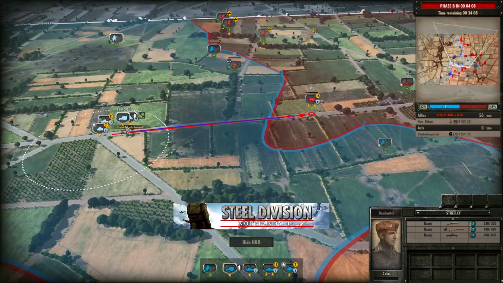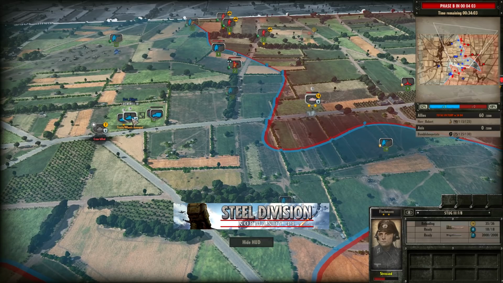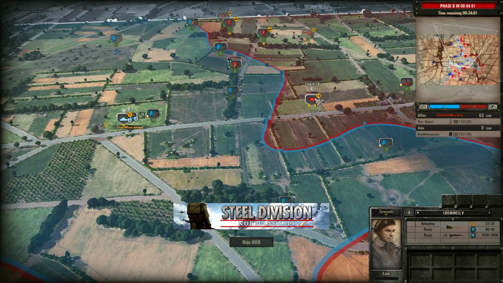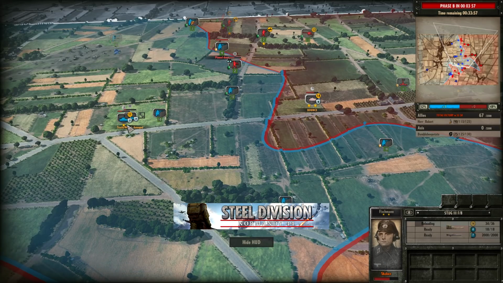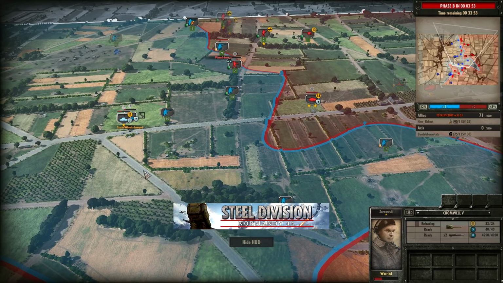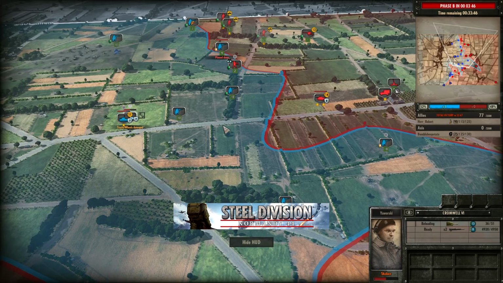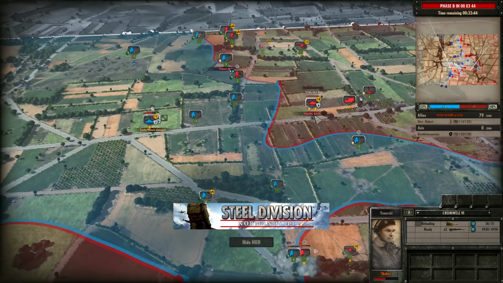Either way, in the centre here, Cromwell 6 is going to be firing at the Stug 3. The Stuart goes down. Now the Cromwell 5 is getting involved. Can the Stug 3 kill off another one of these Cromwells and cause them to fall back? Last shot? No, not going to do the job. So the Cromwell 5 and Cromwell 6 will come out on top in this engagement, and that's going to be